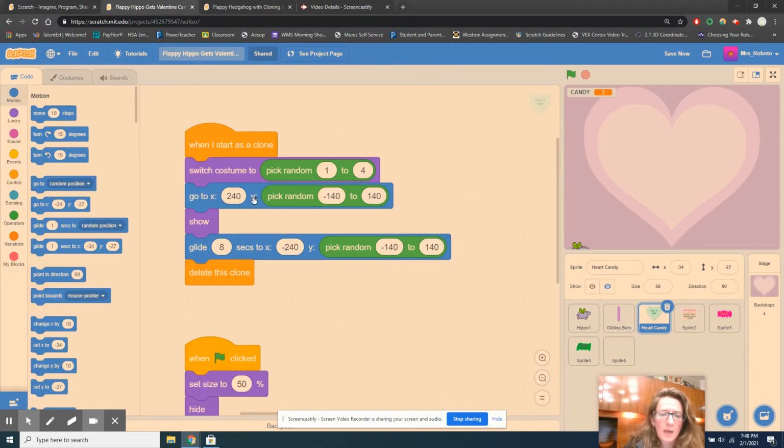I said go to X equals 240. So I'm always going to start my heart candy all the way on the right. And then I pick a random Y value between negative 140 and 140, so anything from the top to the bottom. And then it will magically spawn or appear or show. And then it glides 8 seconds at the same speed that the gliding bars glide at,